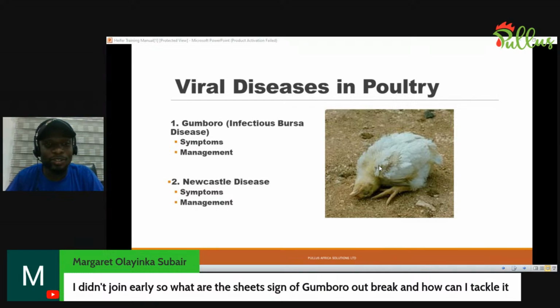Now, the symptoms that you see, especially from the feces, is you're going to see a whitish diarrhea. Especially, you see it pasted on their backside. You see that it is staining, like a stain on their back, where they are passing their feces from, is always stained with the diarrhea that is whitish, and this is because of the high urate level that is found in their feces at that point in time. So you see watery whitish diarrhea. You can also see it whitish yellowish at some point as well. You would also see that the birds will have ruffled feathers. They would also have depression.